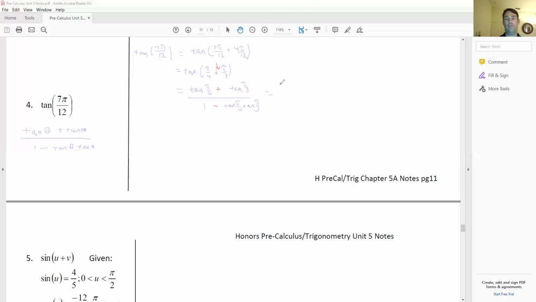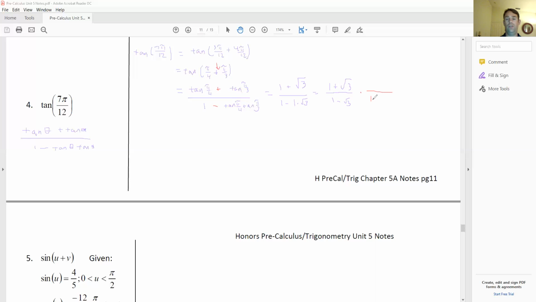So tangent of pi over 4 is 1 plus tangent of pi over 3 is root 3. Then I have 1 minus 1 times root 3. And when I do this here, I'd have 1 plus root 3. There we go. And 1 minus root 3. Now, friends, if this were on an FRQ, that'd be a great answer. However, if it's on the multiple choice, then we're going to have to clean that up just a little bit